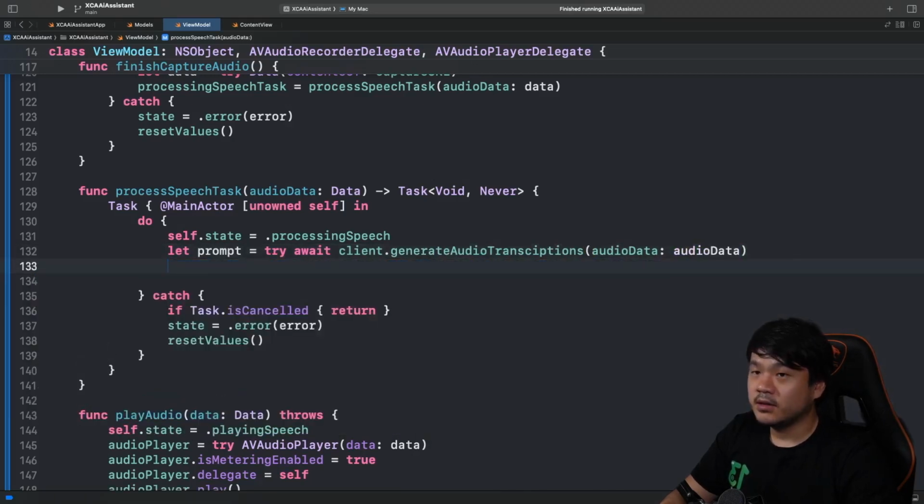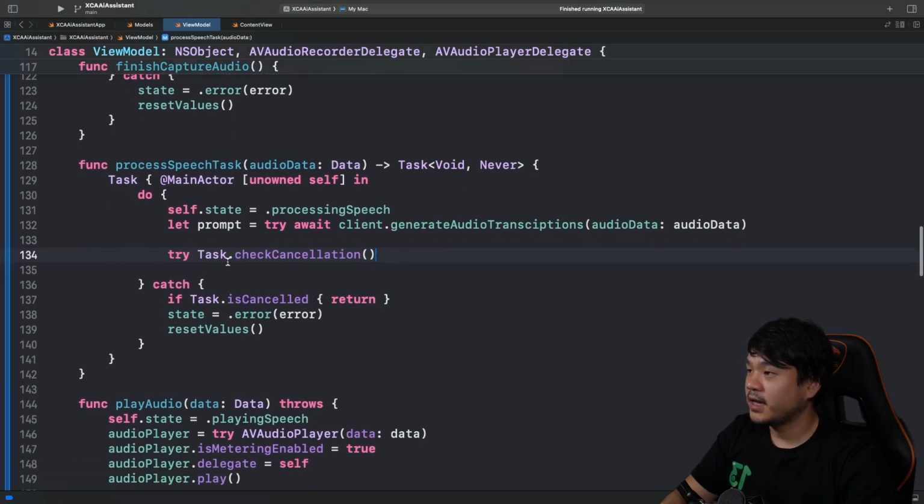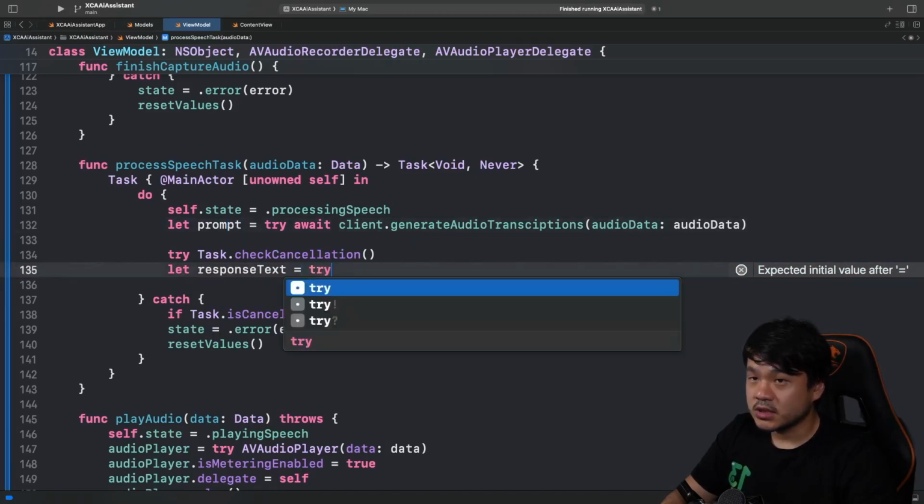Okay, continuing on, after we get the prompt speech that has been converted to the text, we can check, right, whether the task has been canceled. Okay, if it's canceled, it's going to be throwing, and then in the catch, it's going to just return. Okay, and then now continuing on, we need to basically prompt GPT-4 using this prompt text. We're going to use this try await